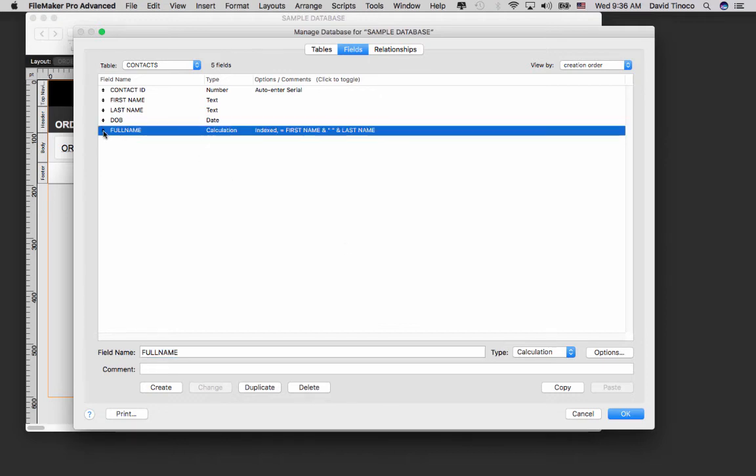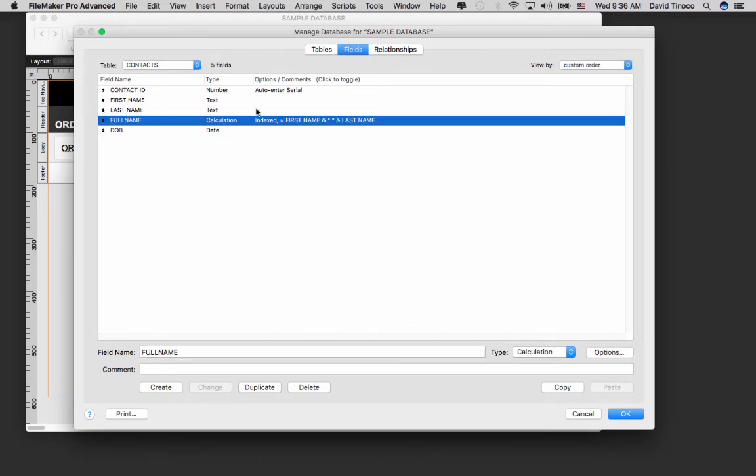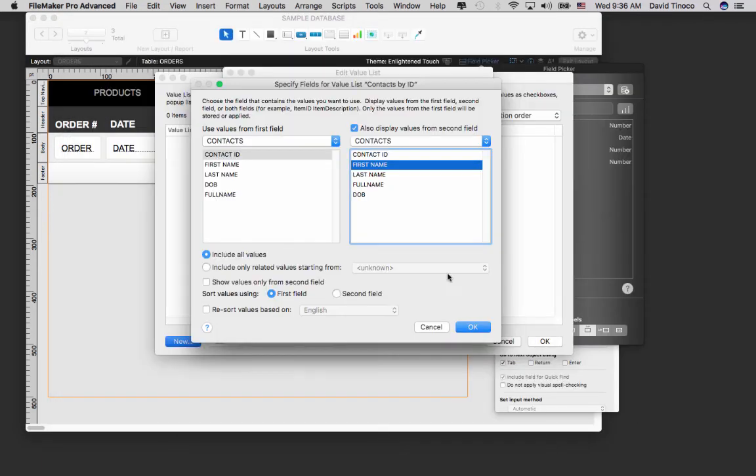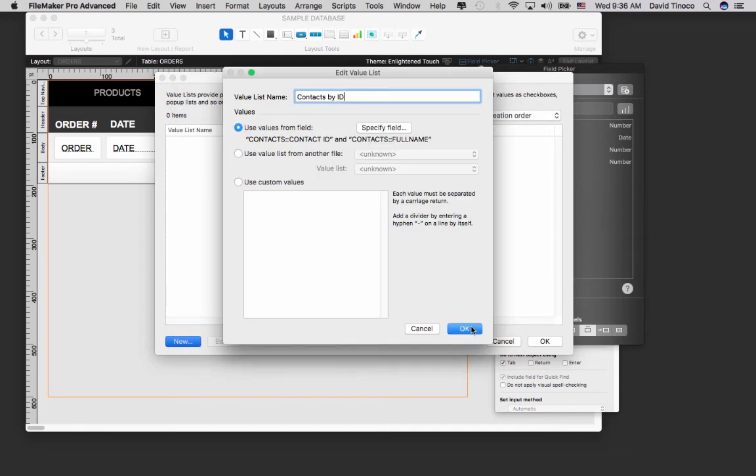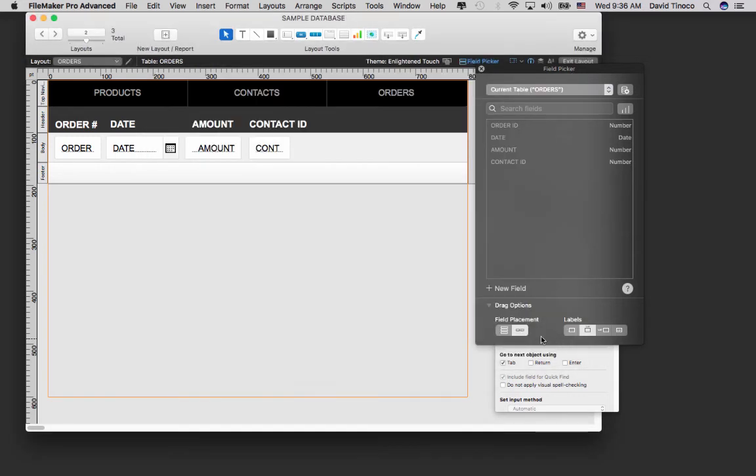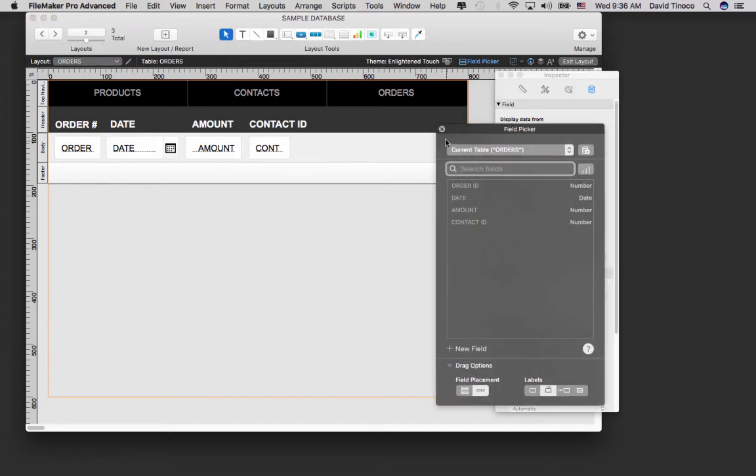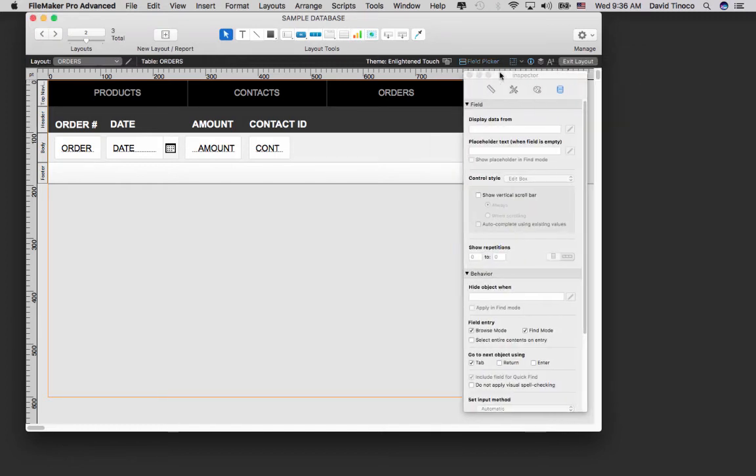And now we have our first and last name concatenated into a single string, and this field is called full name. All right, so let's click OK, and now we can select that field. All right, and let's click OK and click OK again, and one more time. And now that our value list is set up, I'm going to close this field picker, and we're going to